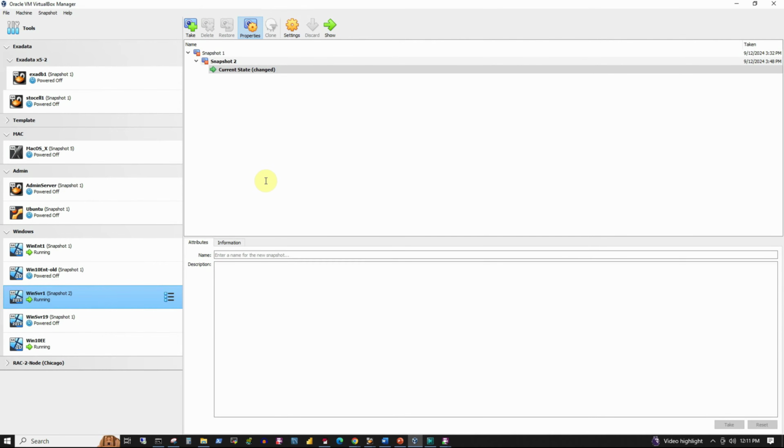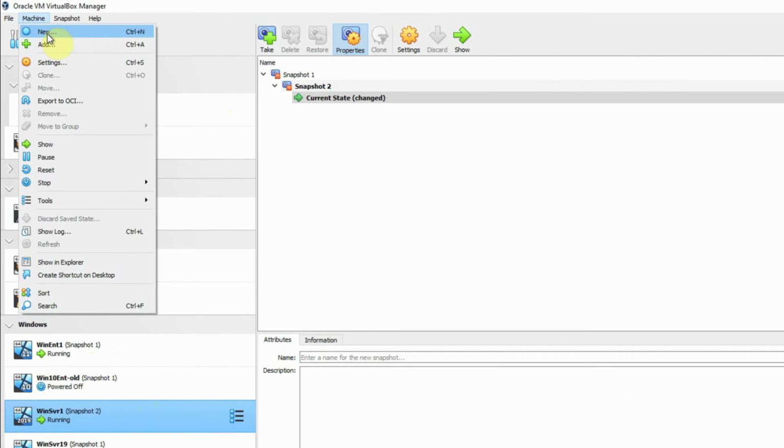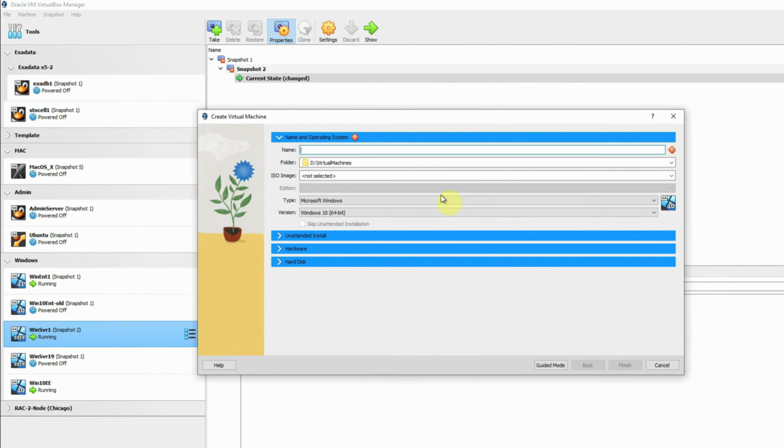Now to create the virtual machine, let's go back to our VirtualBox console. And as you can see, I have a lot of virtual machines and they are put in different groups. Don't worry about these groups as of now. And to create the virtual machine, we'll first click on this machine menu, and under that, press the new option,